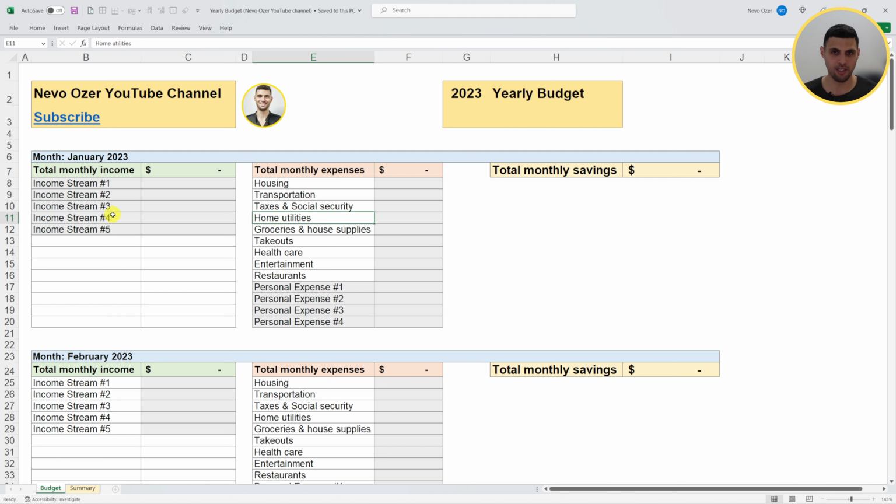All you have to do is to go to this cell here where it says 2023 and change it to, let's say, 2024. Once you do that, you will see that the entire budget is updated to be 2024. So January is now 2024, February also, and so on. So if you want to use it for the next year as well, simply create a new copy and change the year. So now that I showed you the structure of the budget and how it's built,